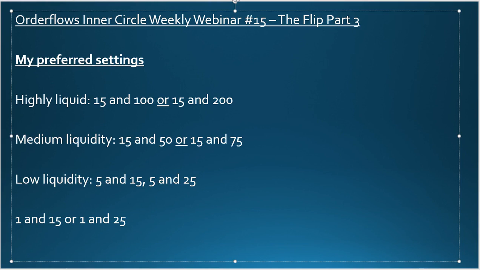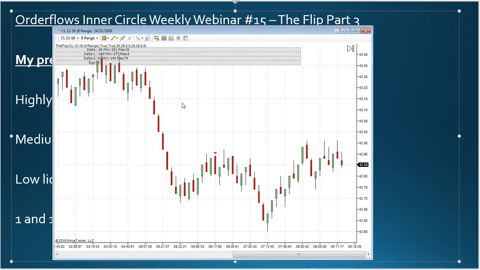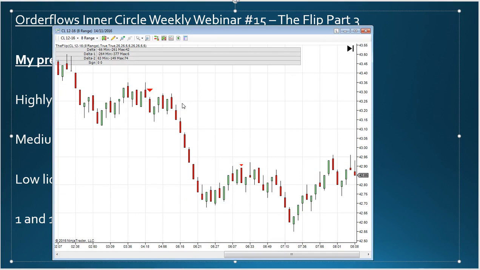Just really quick, first I'll start here. This is today here in the crude oil. This is an 8 range chart. And again, it's early morning. I'm not a big advocate of trading crude oil that early in the morning, although when Europe opens and Brent crude, the old ICE open used to be around 4 o'clock Chicago time, which is when Brent crude would start trading on ICE, that's where the volume really starts to come in on the crude. There's a lot of arbitrage between